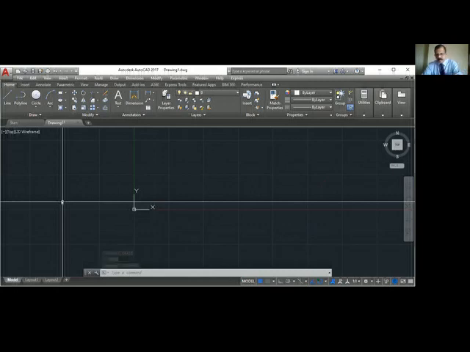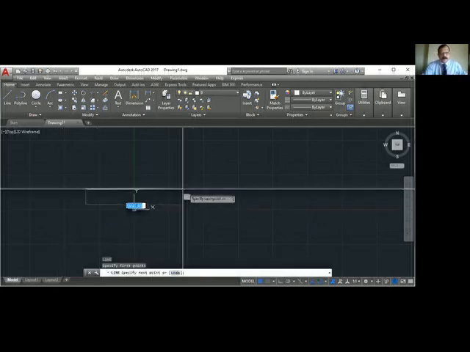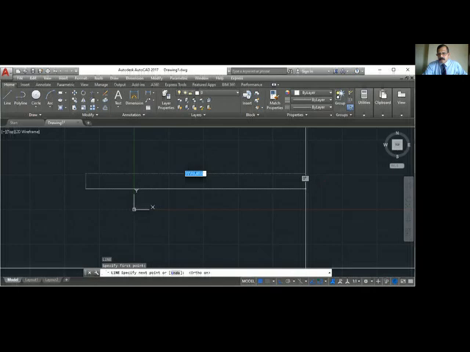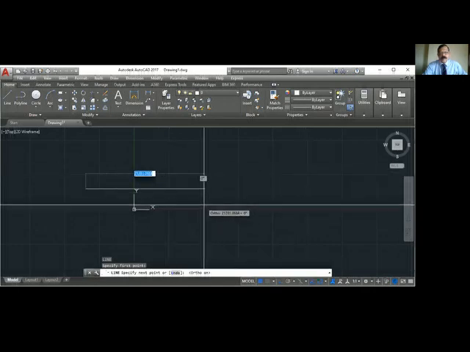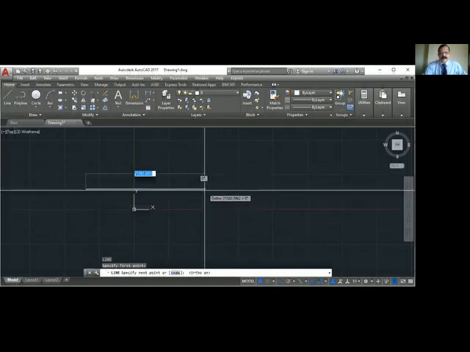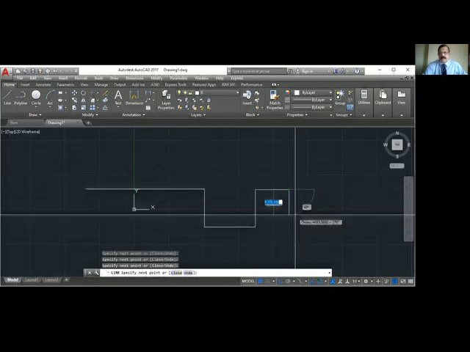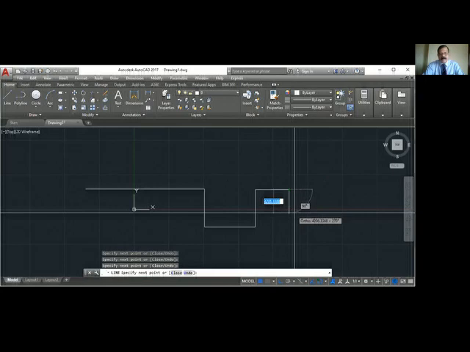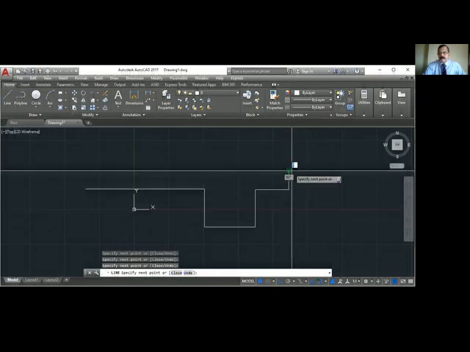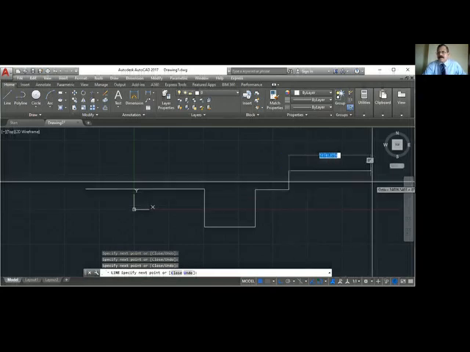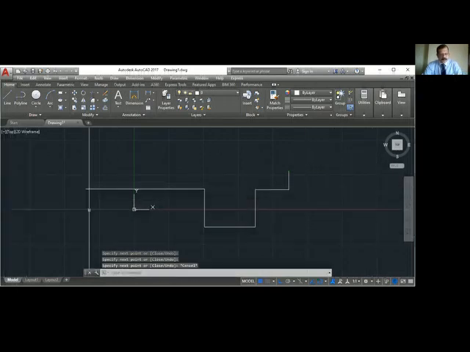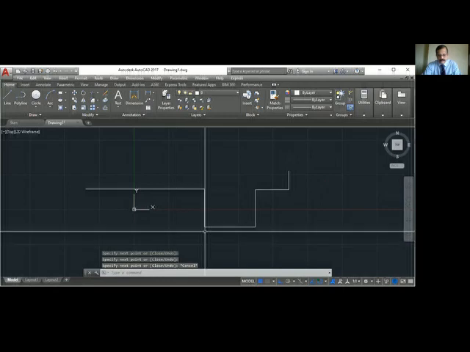Now I am going to draw a line. Ortho on. See, blue means ortho is on. When I click here, I don't know what the length is. So how will you draw with a proper length? Here you can type the length you want. Anytime you can press escape and cancel.